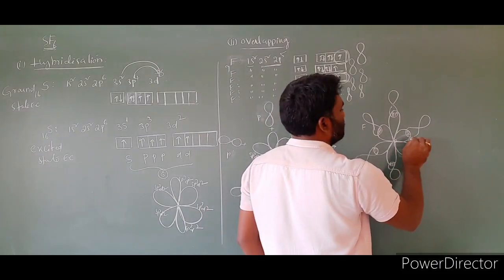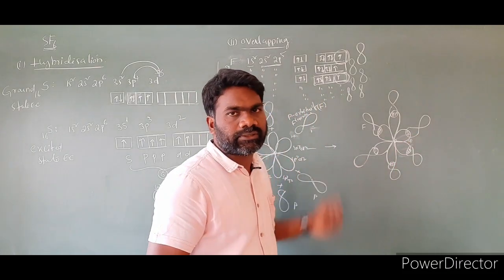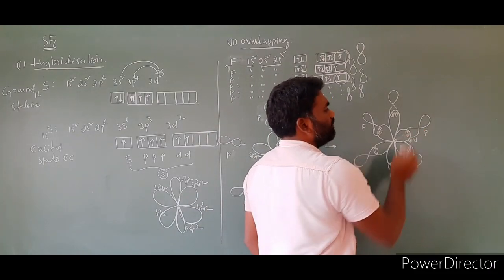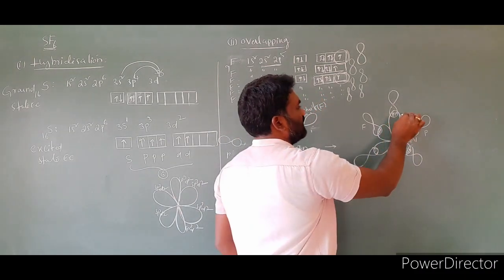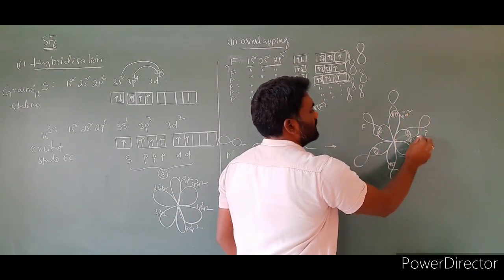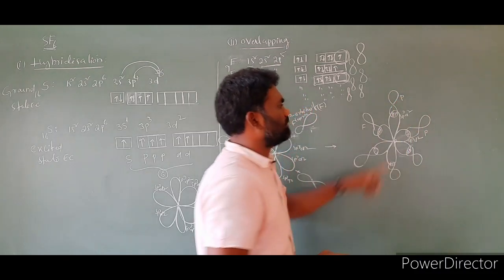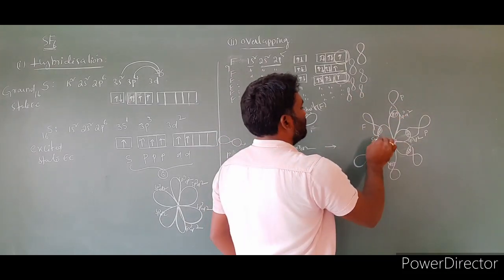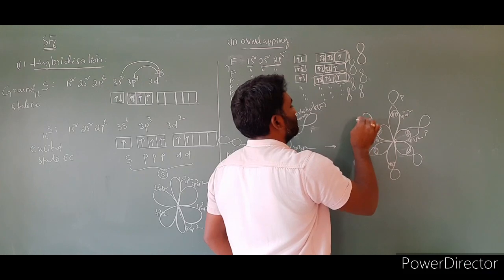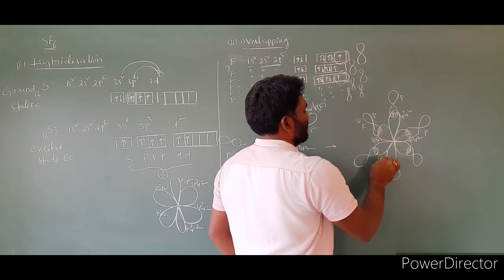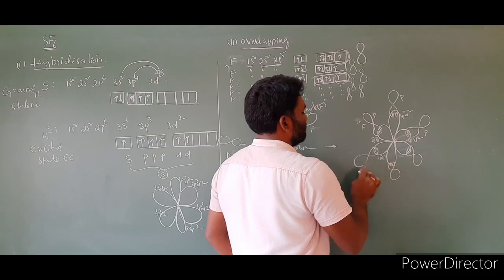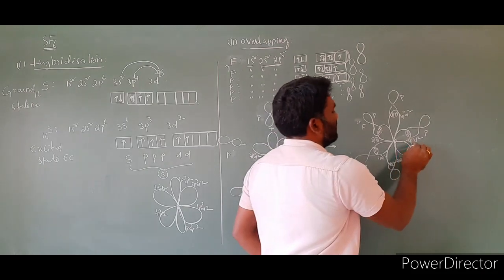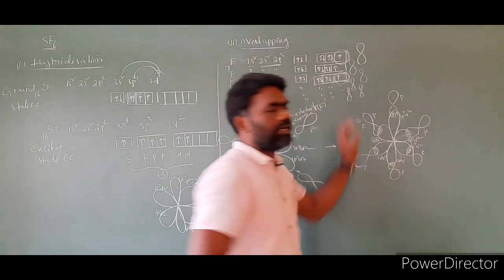In an examination, while writing the structures, this is how to label it. This is sp3d2, and this one is from the p orbital of fluorine. This is also sp3d2. This is the p orbital. The sp3d2 hybridized orbital overlaps with the p orbital of fluorine. Similarly, in the examination, you have to label all of them. This is sp3d2, this is the p orbital. Similarly, this is also sp3d2, this is the p orbital. We have to label them all.